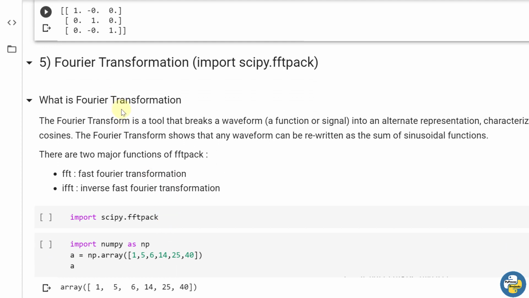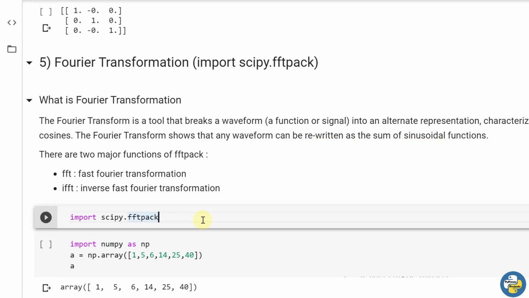Now fifth part is Fourier transformation. So what is Fourier transformation? Fourier transformation is a tool that breaks a waveform, a function or a signal into an alternate representation characterized by sines and cosines. A Fourier transformation shows that any waveform can be written as a sum of sinusoidal functions.